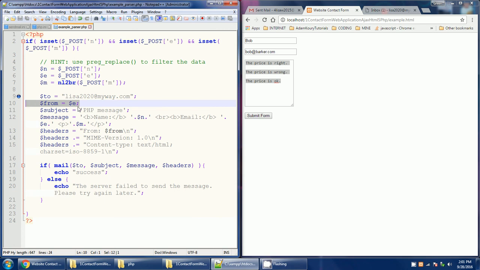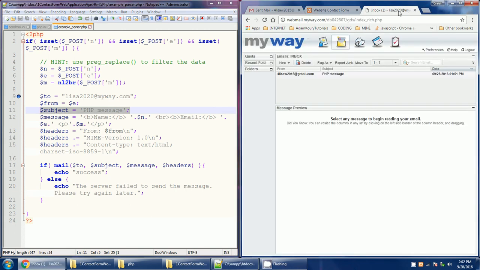If I were to change that to PHP is sending this message, whoops, and save it, then when I hit the submit button and I look back here at the MyWay account again, my subject should say this next time. And then the message,